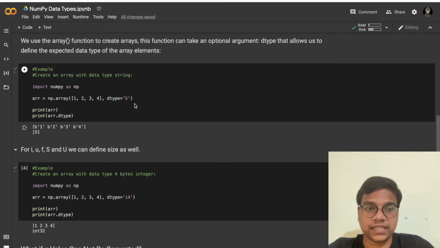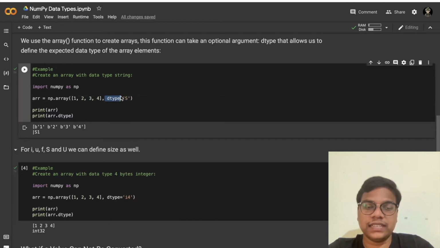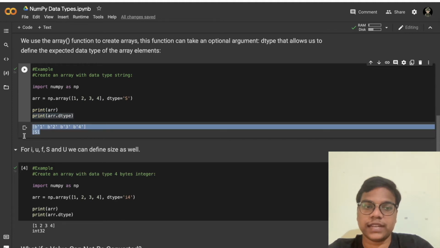Here you can see, while creating an array, we are defining the data type as string, but we have values which are of integer type, and with this dtype we are converting them to string values. First I am printing the array, then I am printing the data type of this particular array. Here you can see all values are converted to string and you can see the data type as string.